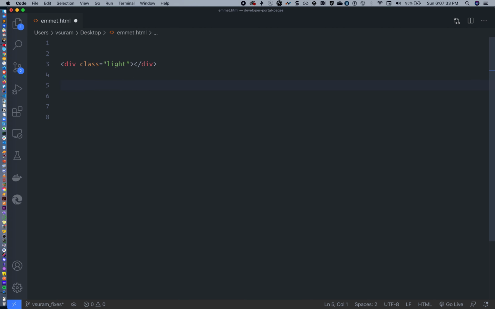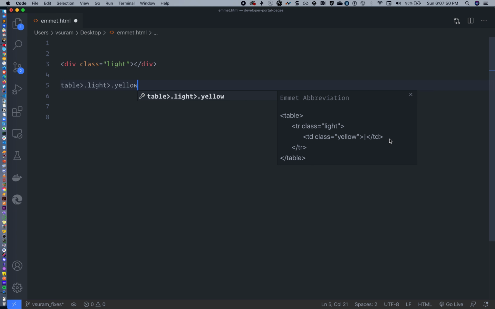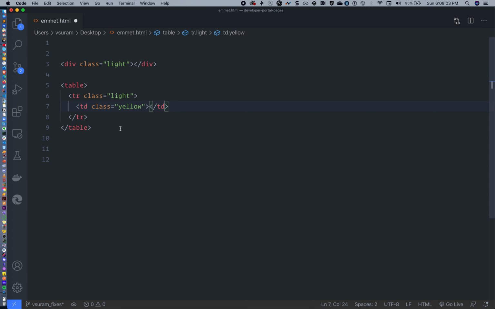In a similar way, if I have some nested elements like table and just give some light and then yellow, what this does is basically create a row and then a td element, like a column. So there is some implicit understanding within Emmet related to the HTML, the way we declare and the way elements are designed.